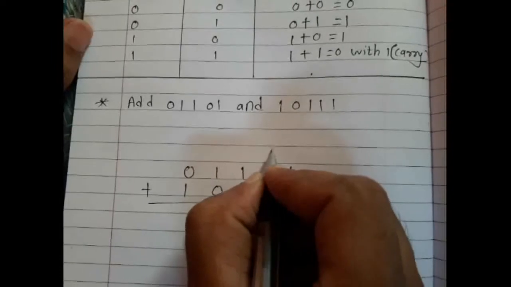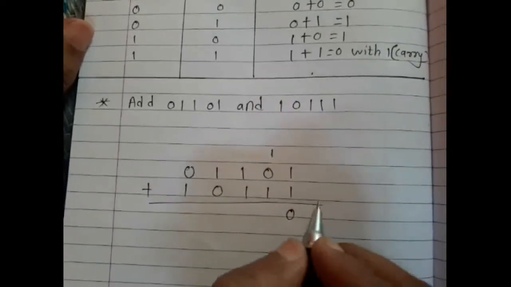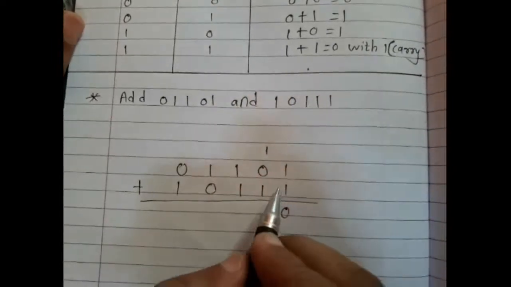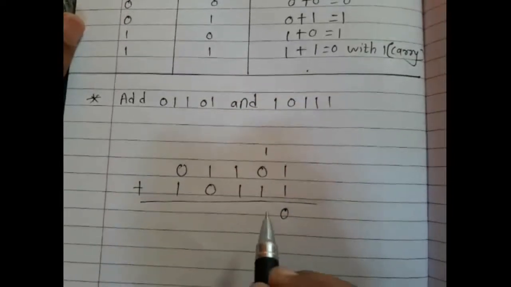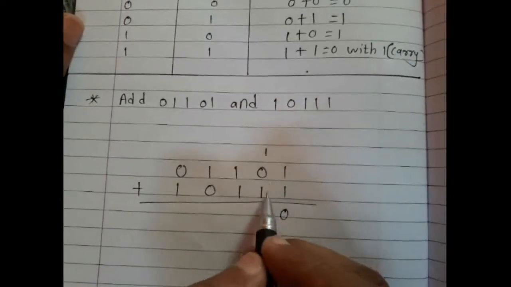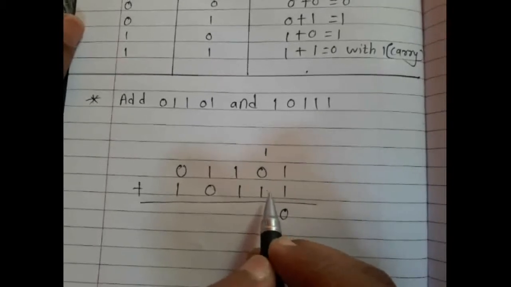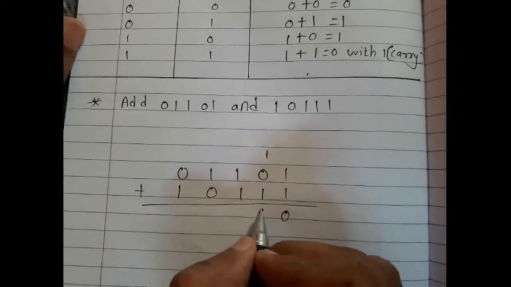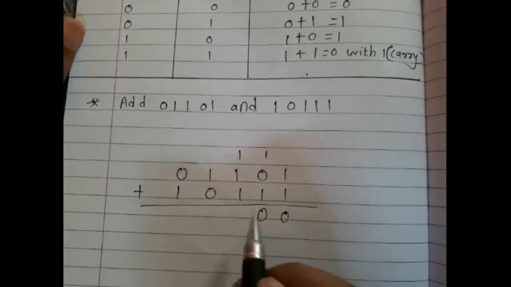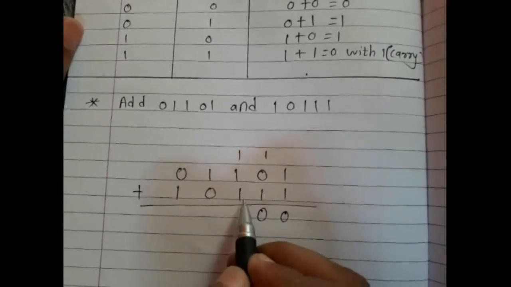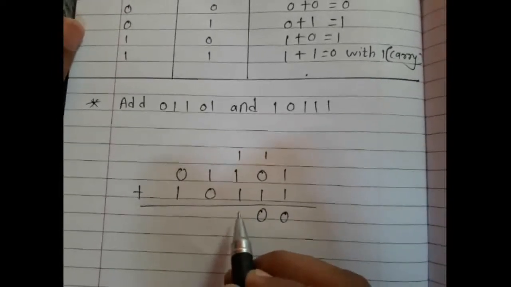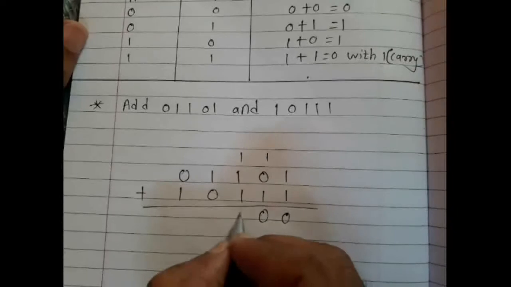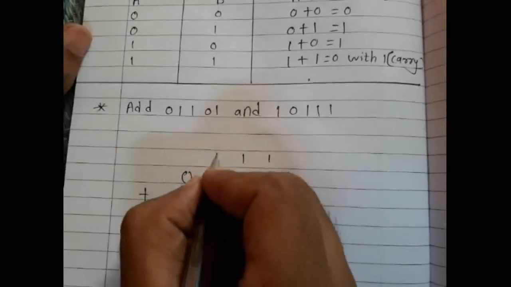Carry 1 as per the rule of binary addition. 1 plus 1 is 0, and we have taken a carry by the rules of binary addition. Now see, first 0 plus 1 is equal to 1. Then this 1 plus carry is equal to 0. We have to carry 1. Now see, first 1 plus 1 is equal to 0. Again that 0 plus carry 1 means 1. Again we have to carry.